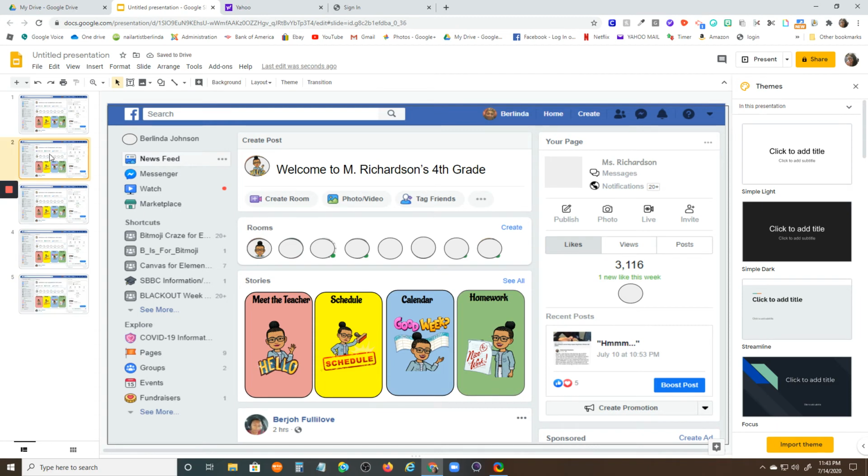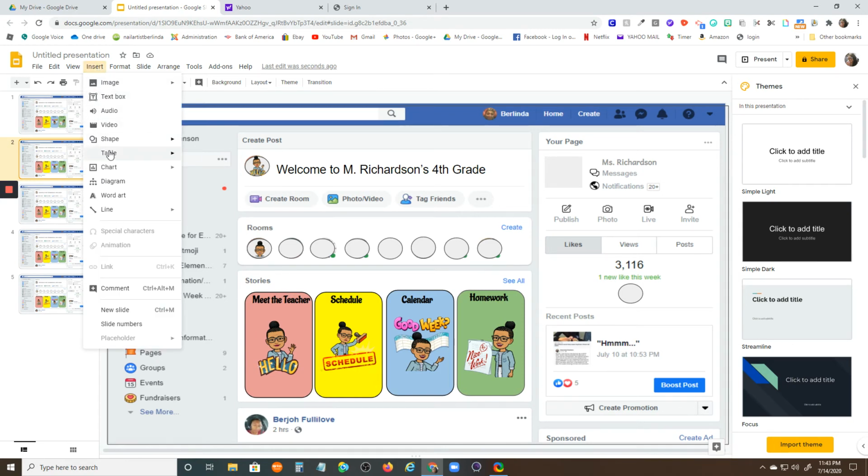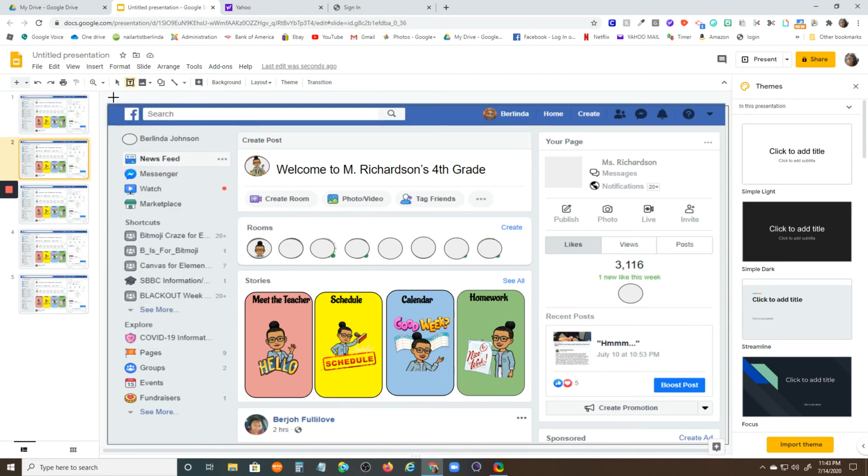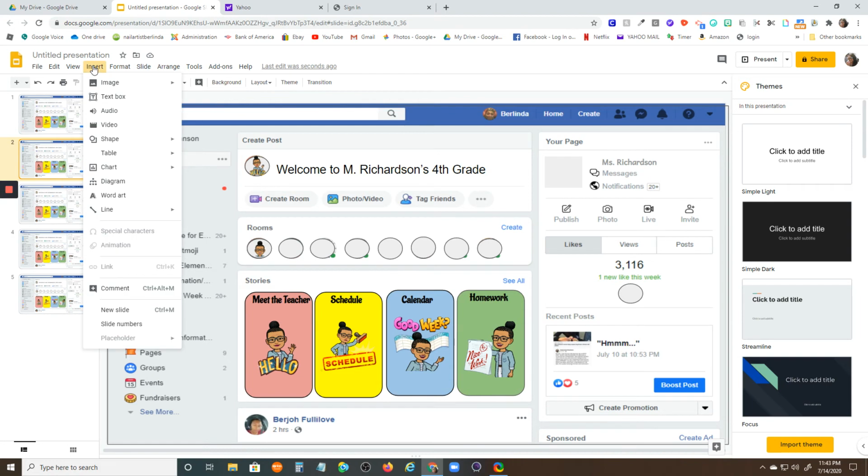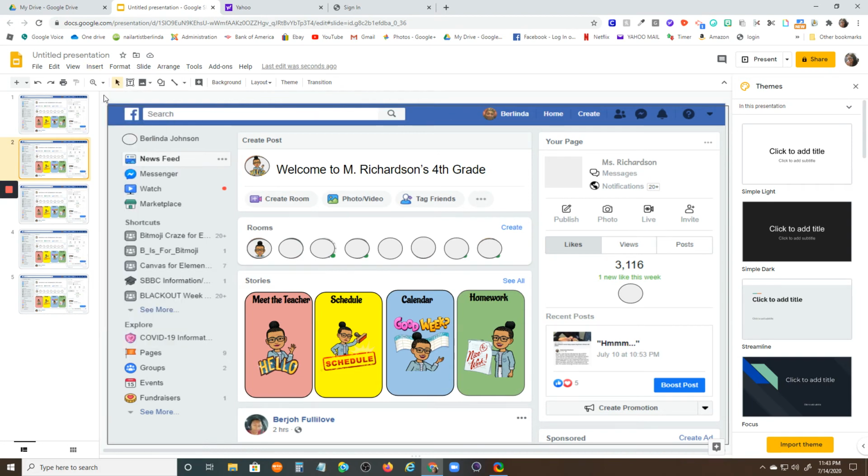I'm going to go to the second slide. I'm going to add a shape. Insert. I'm going to insert a text box. Insert text box. I'm going to put it here. The text box there. I'll just click on the T. My text box is not working. I click on the T. I add it here